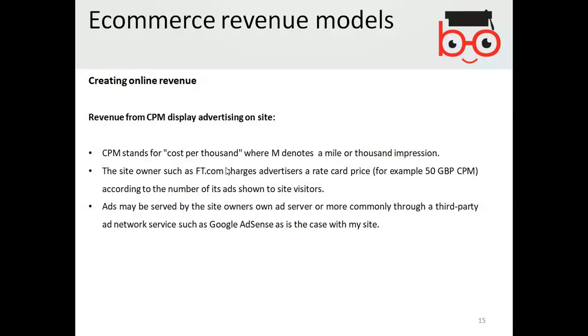For example, your website will be showing CPM, which will cost you 2000 impressions that will be shown to your customers. So CPM, cost per thousand, or cost per 1000 impressions, are also being sold.